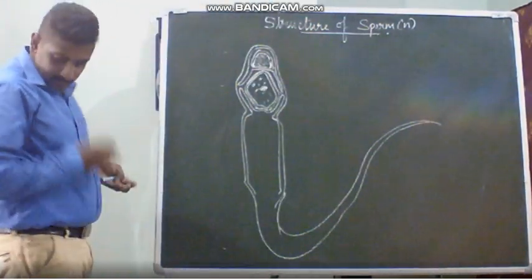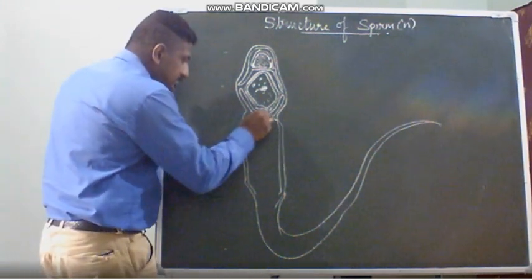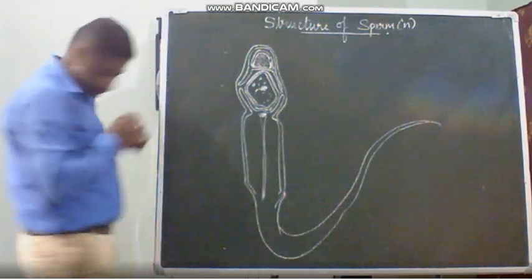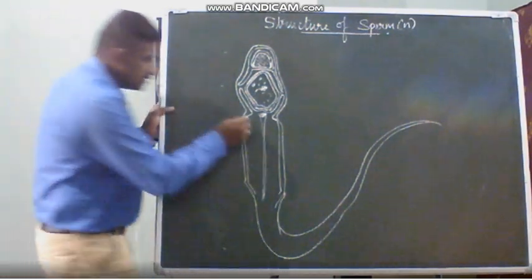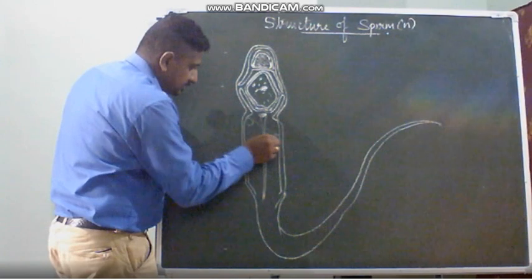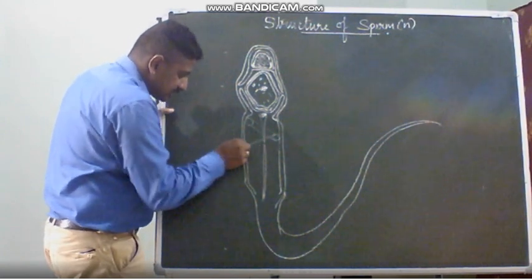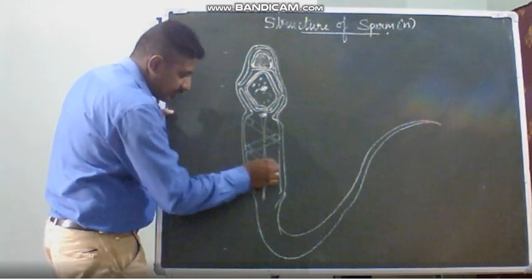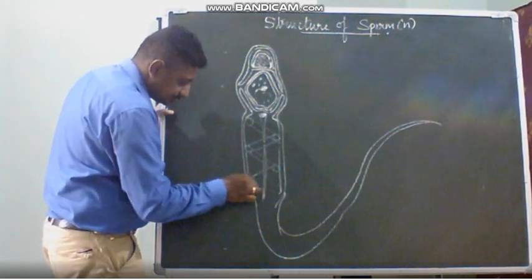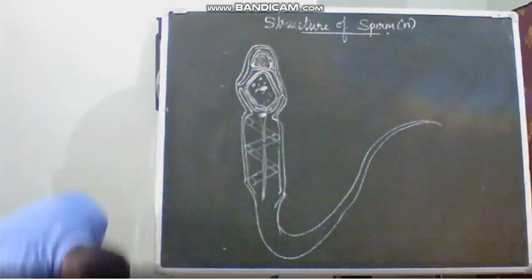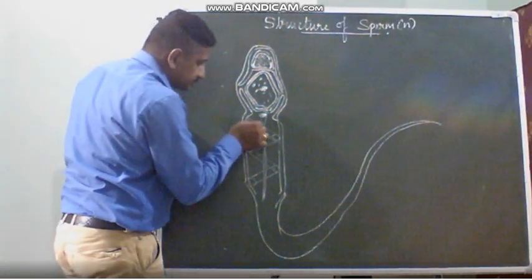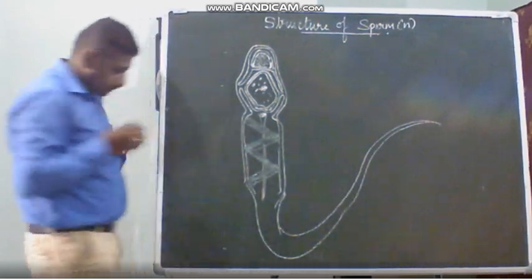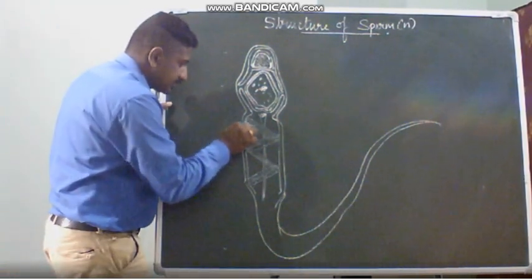Okay. Now in the center, you draw a line like this, extend it like this. Then I'll just take another color, draw a line like this, extend this. From this, extend like this. From this, you extend like this. From this, you extend like this. And later, just give a shade. So this is how we have to extend.